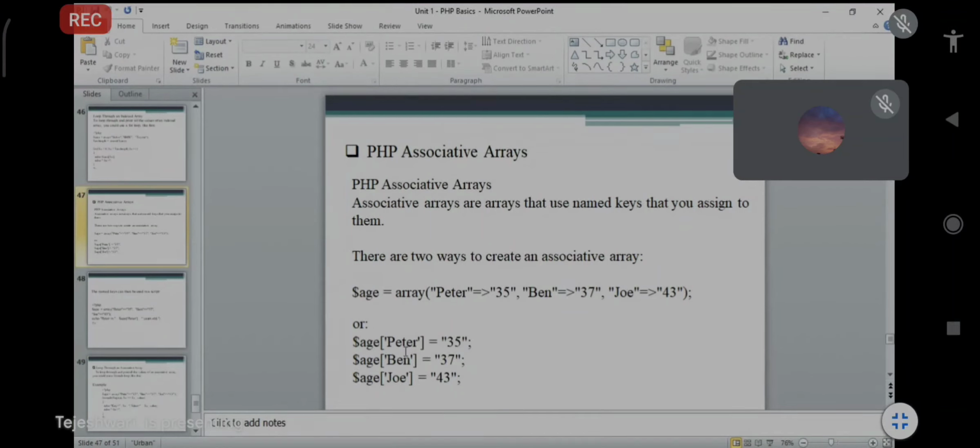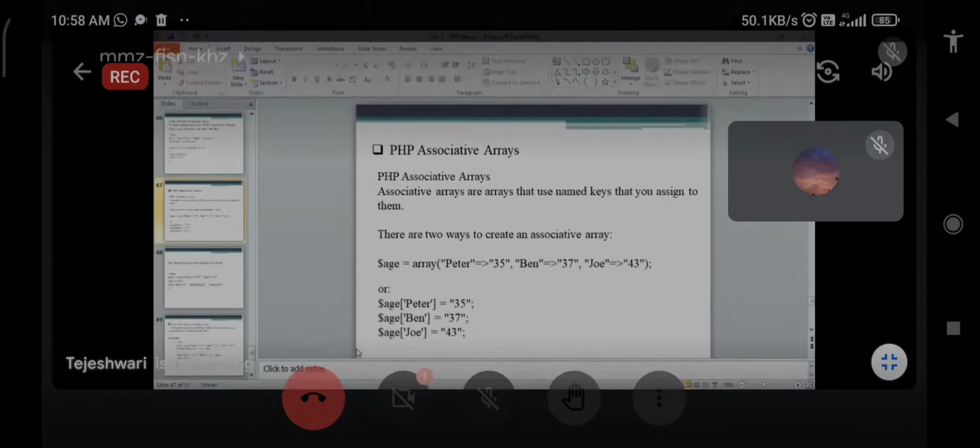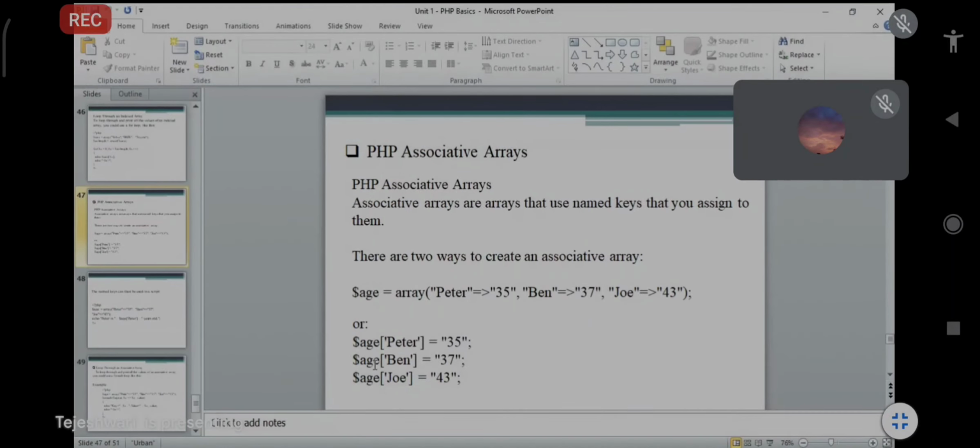Another way is you simply take the single dollar age, the name equal to the value, and assign the value. So in a single form you can also take the associative array.